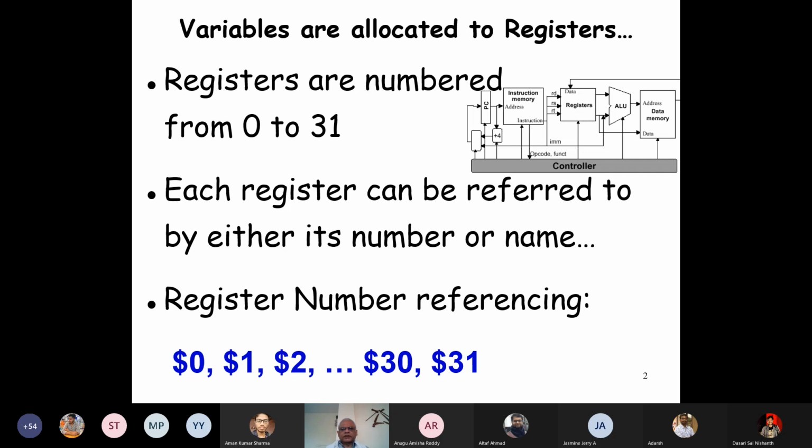And here we had so far looked at the controller. This is the MIPS processor diagram. We have the controller, a small part, and we have two caches inside the processor. One is the instruction cache, which we have written here as instruction memory. The other is the data cache. And see here the controller is controlling the operation of every element, including the program counter, the registers, the ALU, and so on.